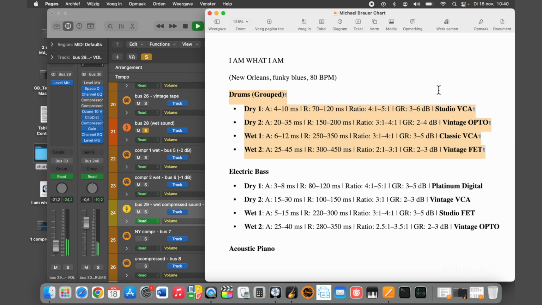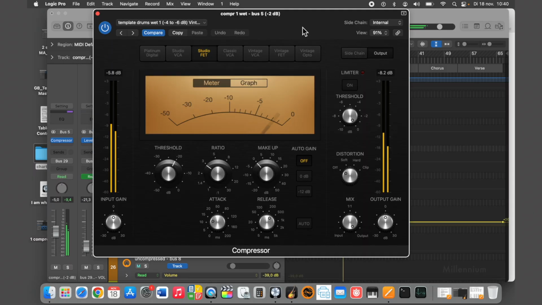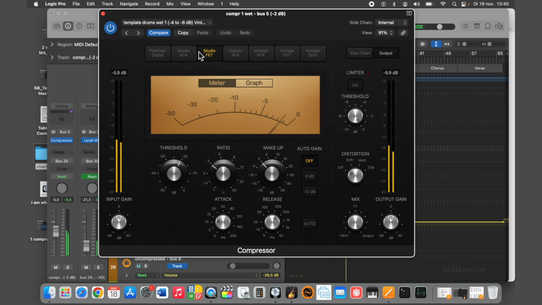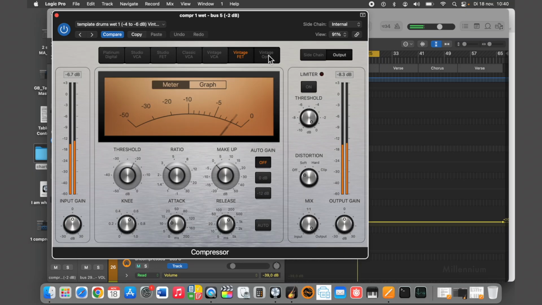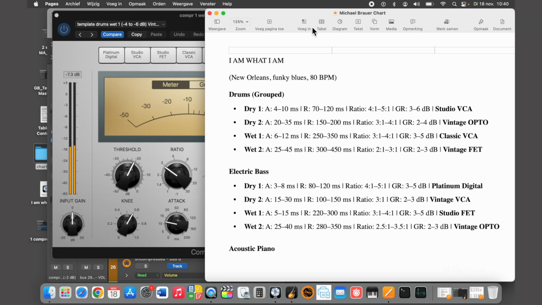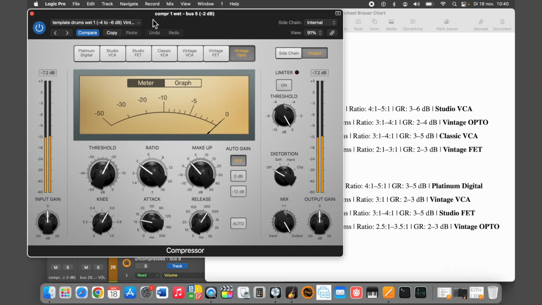Another aspect of Brauerizing is that you always choose a different type of compressor. Did you see that when you open the compressor? It looks like one plugin. It's called compressor. But when you open it, there are 1, 2, 3, 4, 5, 6, 7 types of compressors in it. You see that? They're all different, and they all create a different kind of sound. So what you're in fact doing is splitting your sound into 4, and you change the color of the sound